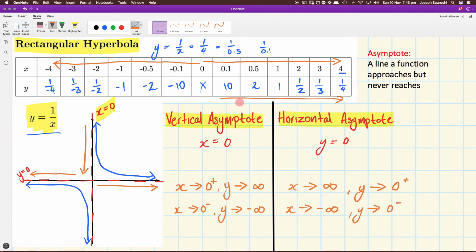Perfect. So this has been a really in-depth look at what's happening with my rectangular hyperbola y equals 1 over x. We've talked about the vertical and horizontal asymptotes and how they're approaching either infinity or 0. Perfect. Let's now move on